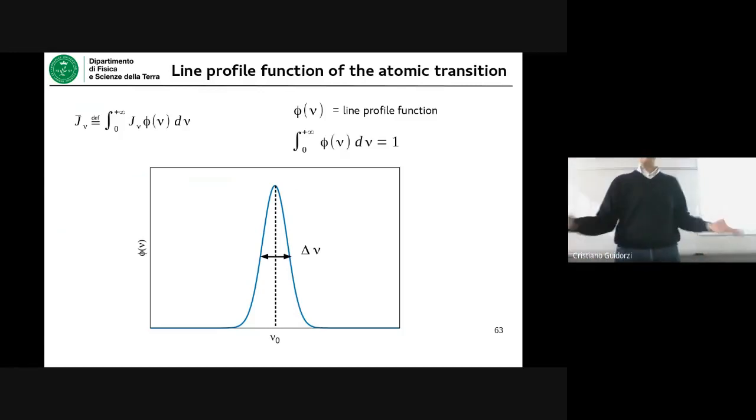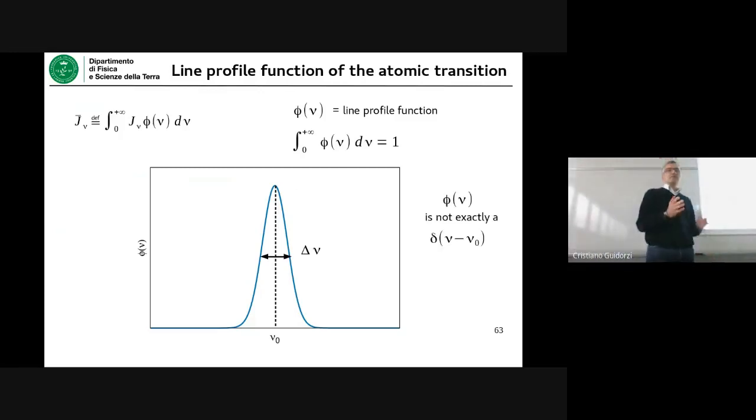So there is a width just because of a very fundamental principle, which is the uncertainty principle. As I wrote here, phi, the line profile is not a delta function. But essentially in most cases of interest, this is a relatively narrow line; well, it depends, of course, on the context, on the state of matter. Another way of